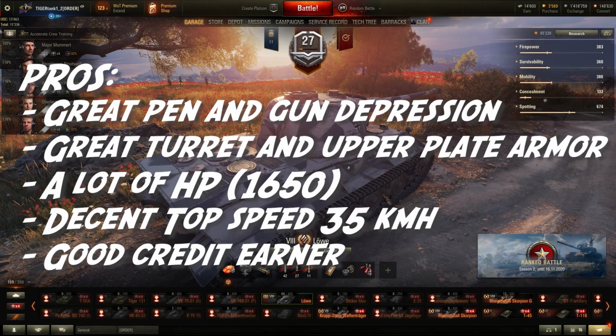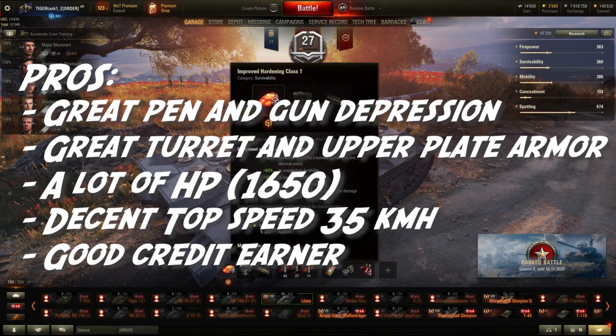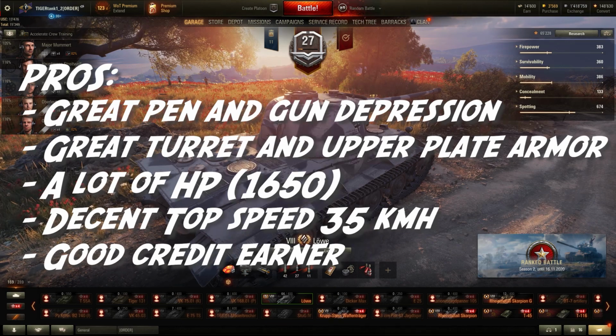Moving on, the HP of this tank is certainly a pro as well. 1,650, you'll be able to get shot several times at tier 8 and still survive. And if you put the equipment on, which allows you to get even more HP, which is the equipment right down here, the improved hardening class 1, you'll get an additional 170 HP, which will, in the end, probably help you in